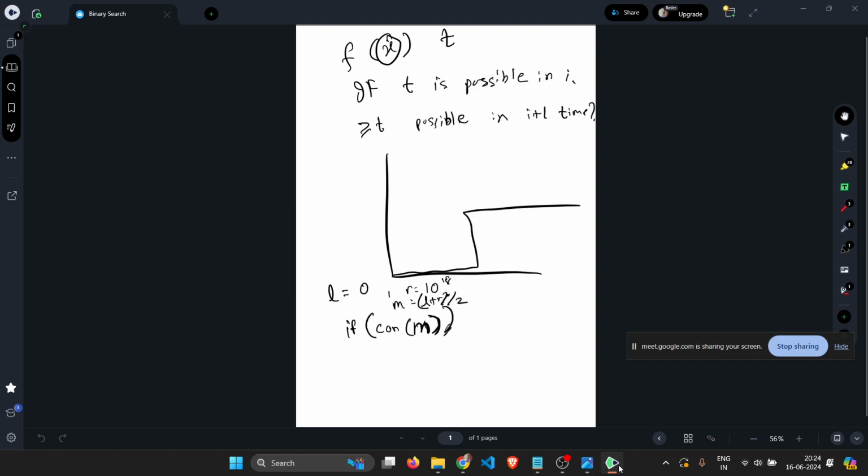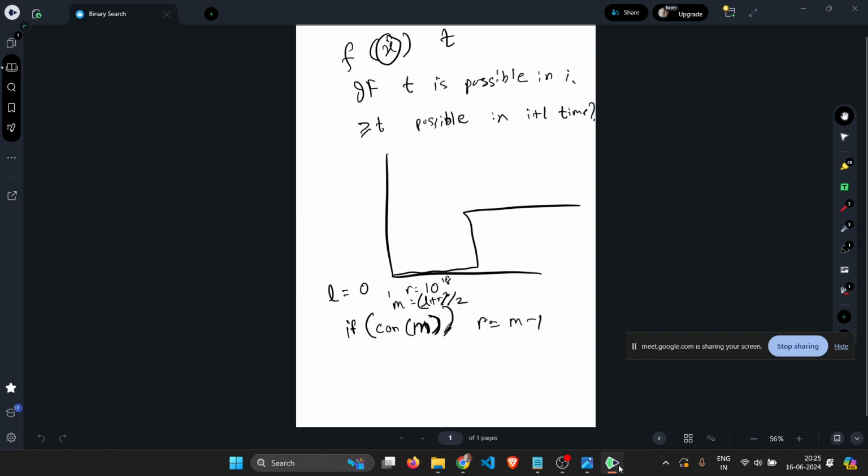Because now we know that at least we can make it till here. So this is the current best thing that we know, and maybe we can move towards a smaller m. Since we have to minimize, yeah, correct. So we'll just set right is equal to mid minus 1,